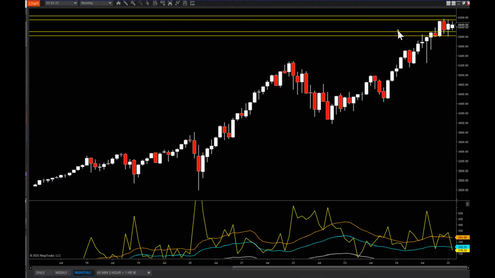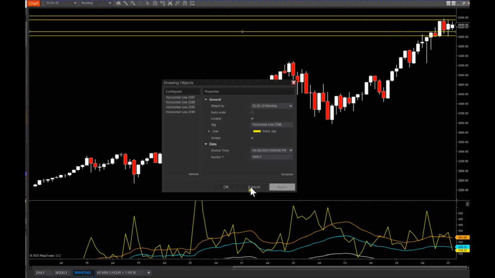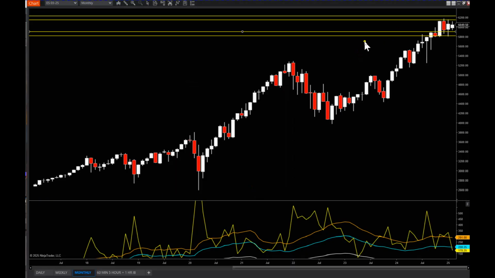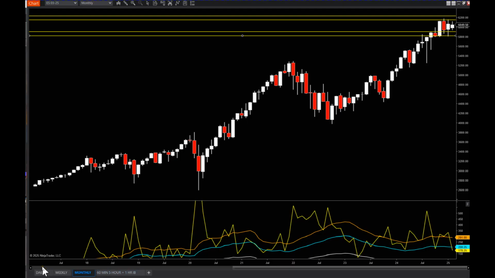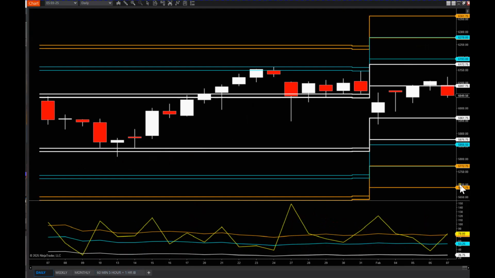So I think this 59.05 and 58.22. So that would be just above this monthly one, and the 58.22 would just be above the monthly 3 on the point range from the high. So that takes us down to this 58.22 to 57.72 level,